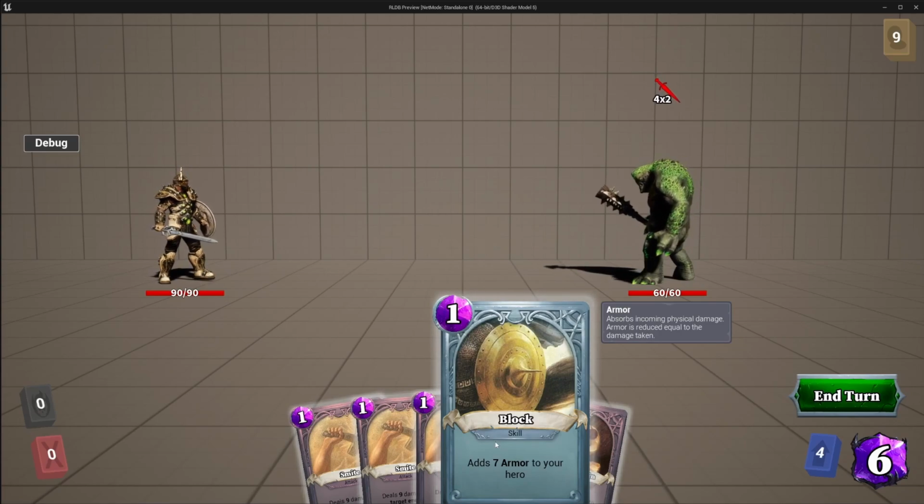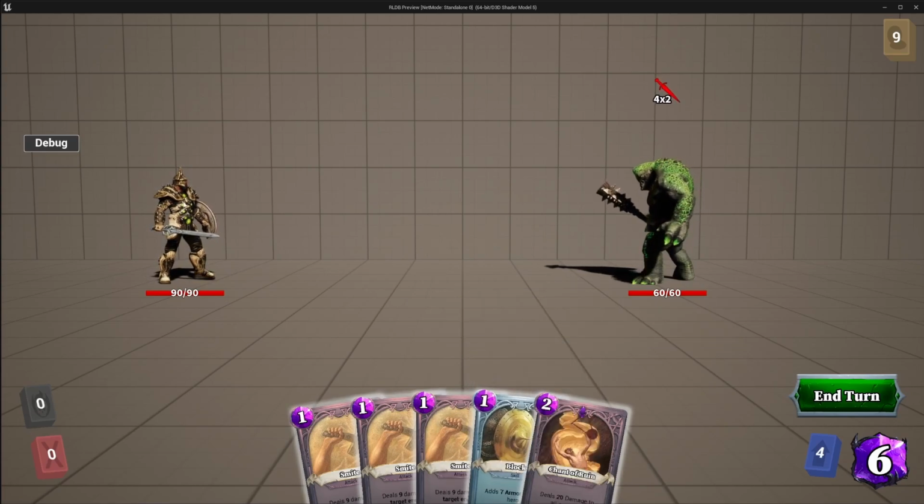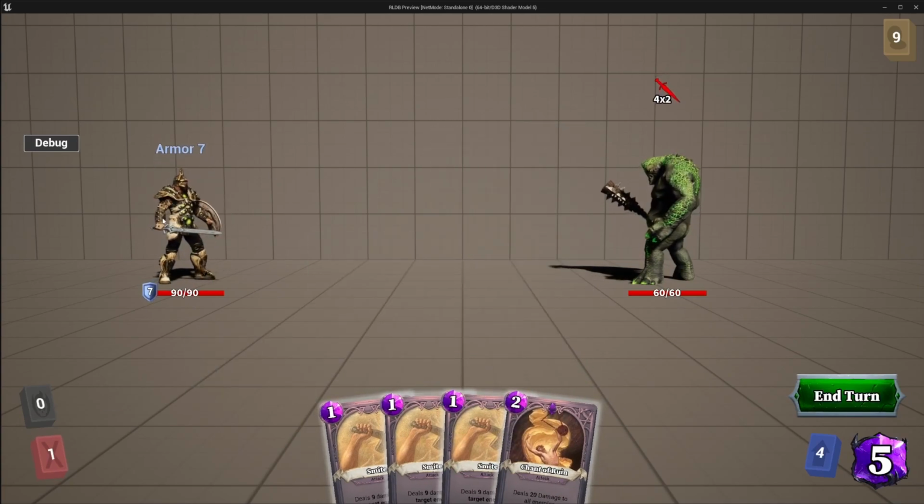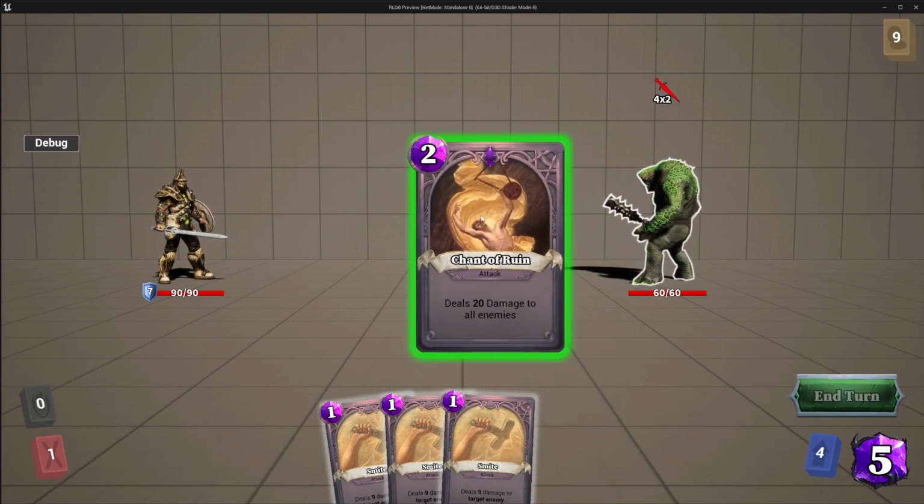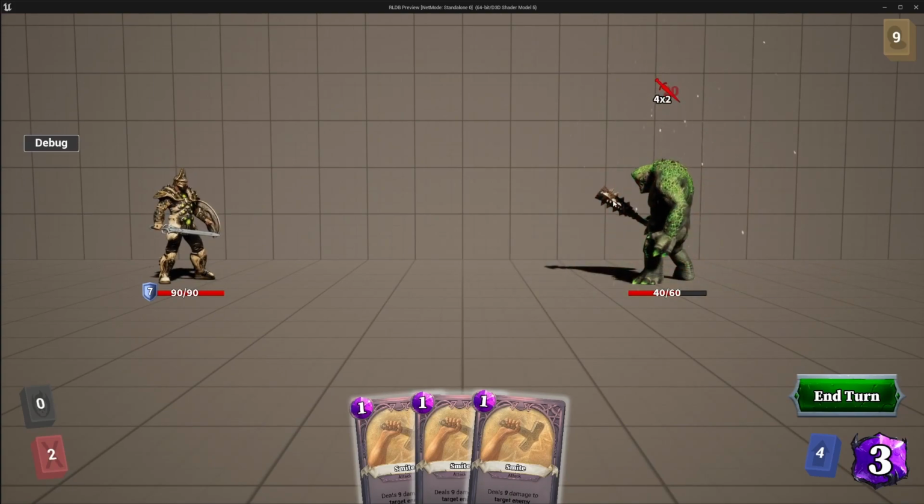That's the gameplay effect, right? But you also have the hero play an animation. So if we do that, he does this block animation, and this is handled by the effect action. To give another example, in Chant of Ruin, you have both that and you also have a particle effect played. So when I play that, then you get this explosion particle effect as well,